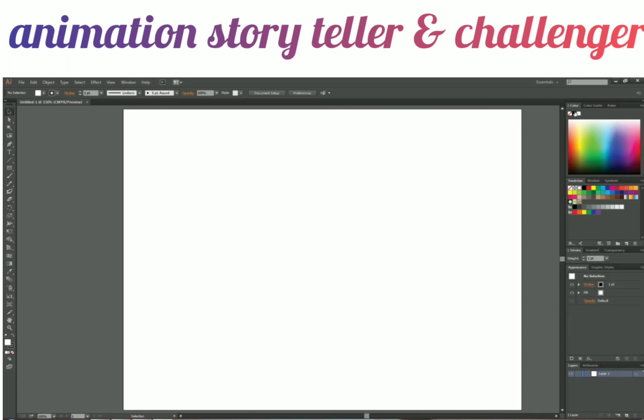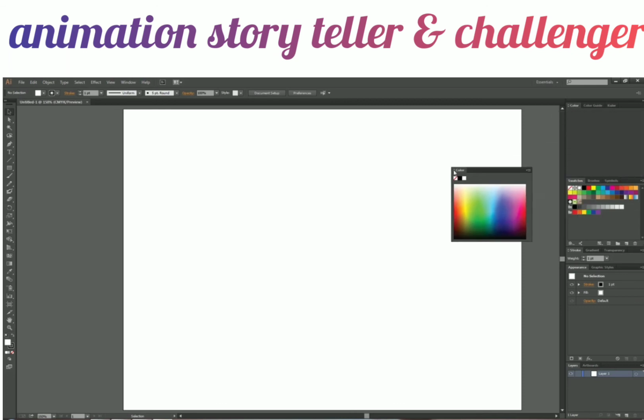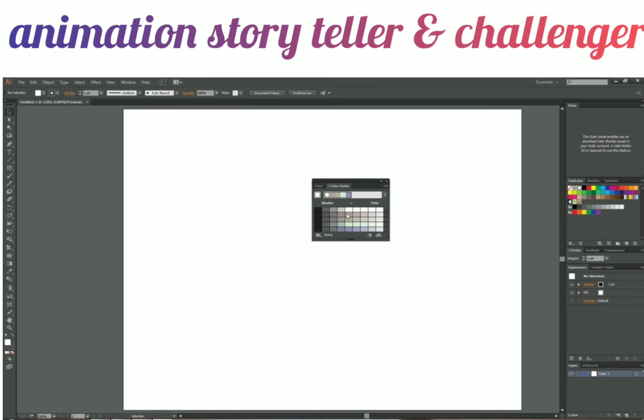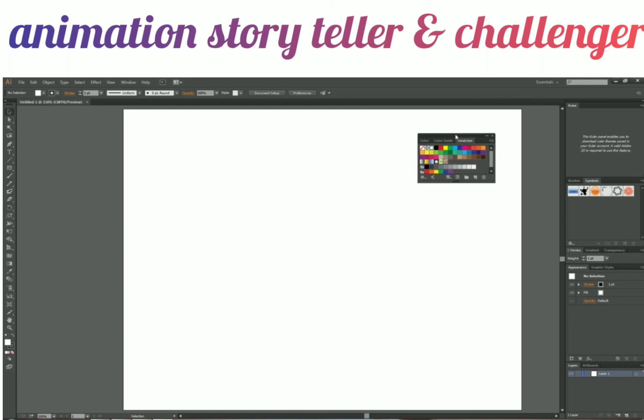Now you can actually come to the customizable part. You can click and drag, and you can undock all your panels from here, and make a separate dock or a separate window where you want all of them to be. Let's say I want swatches, color guide, and color to be in the same window, then I can just drag all of these into this window, and here I have all these three combined. That's what I'm comfortable with. You might have your own opinions and choices, so it's completely dependent on you. How do you want to customize your layout?